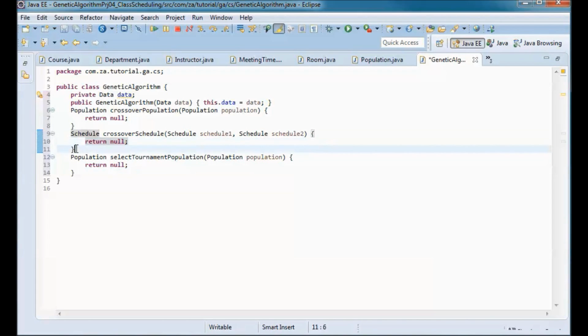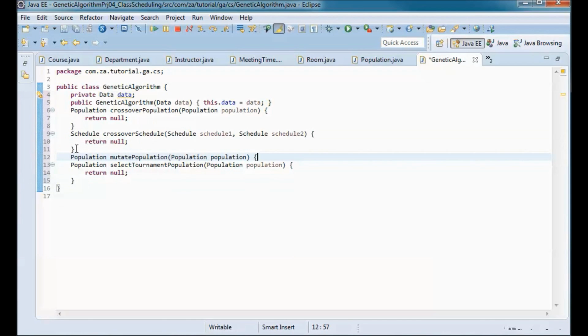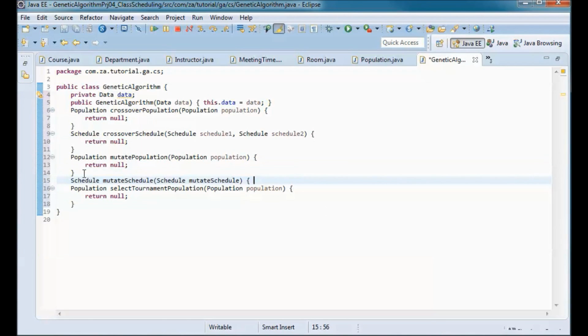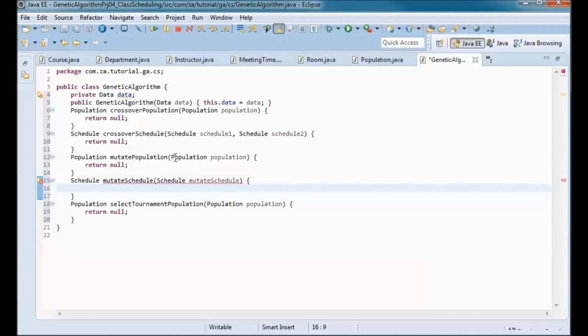And I will also have this mutatePopulation method that will end up calling the mutateSchedule method on all schedules in this population. And here for now let's also just return null.